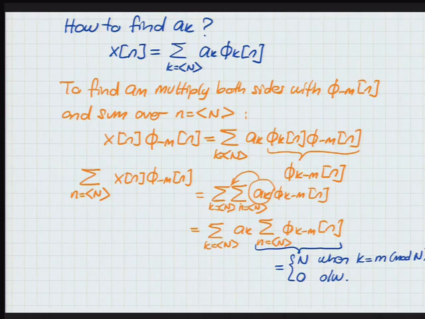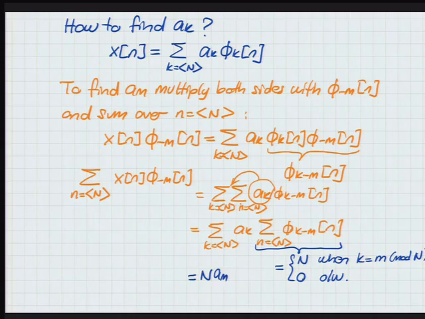Now if you step back and look at the outer sum, we're adding a sub k times something over k, but that something is almost always 0, so you're not really adding anything except for one term that is non-zero. The k for which what I'm adding is not 0 is k equal to m. So even though it appears that I have a sum on the right hand side, it really is not a sum, because I'm adding zeros and only one non-zero term, which is N. That happens when k is equal to m, so I get N times a sub m.